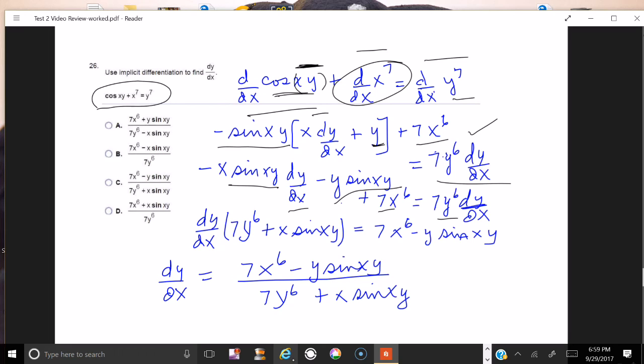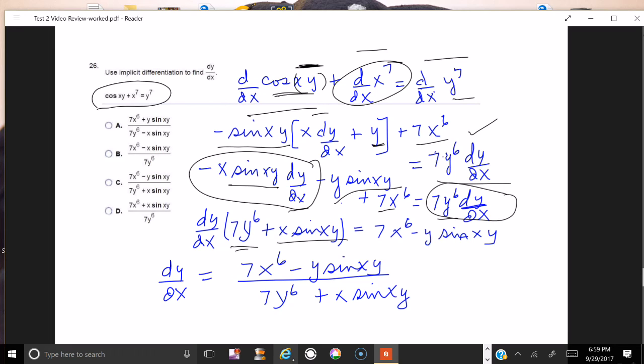Okay, so now I want to collect all the dy/dx's on this side, so I will pull this over and make it positive. Factoring dy/dx out, we get dy/dx times 7y to the 6 plus x sine of xy